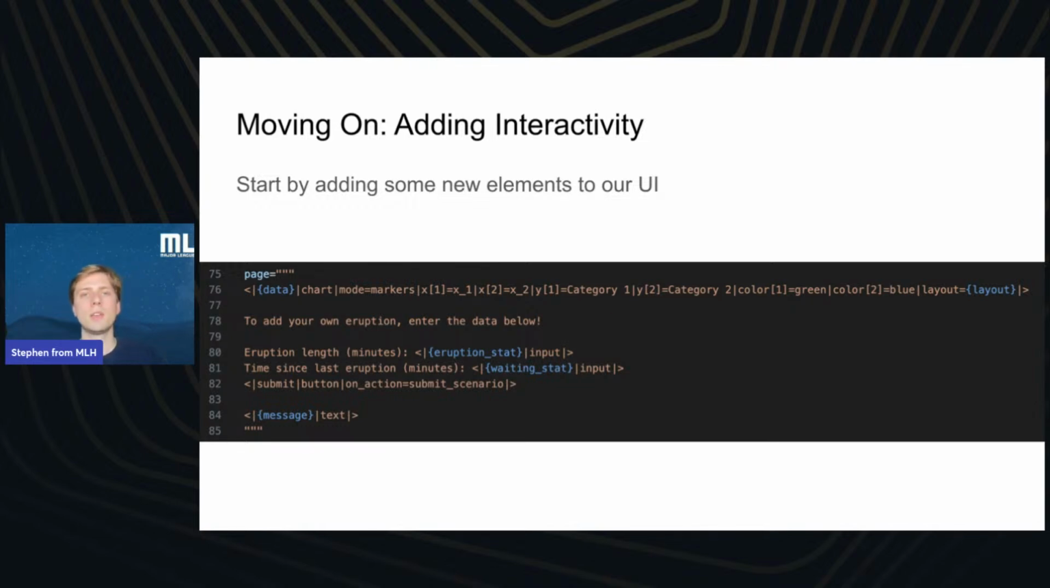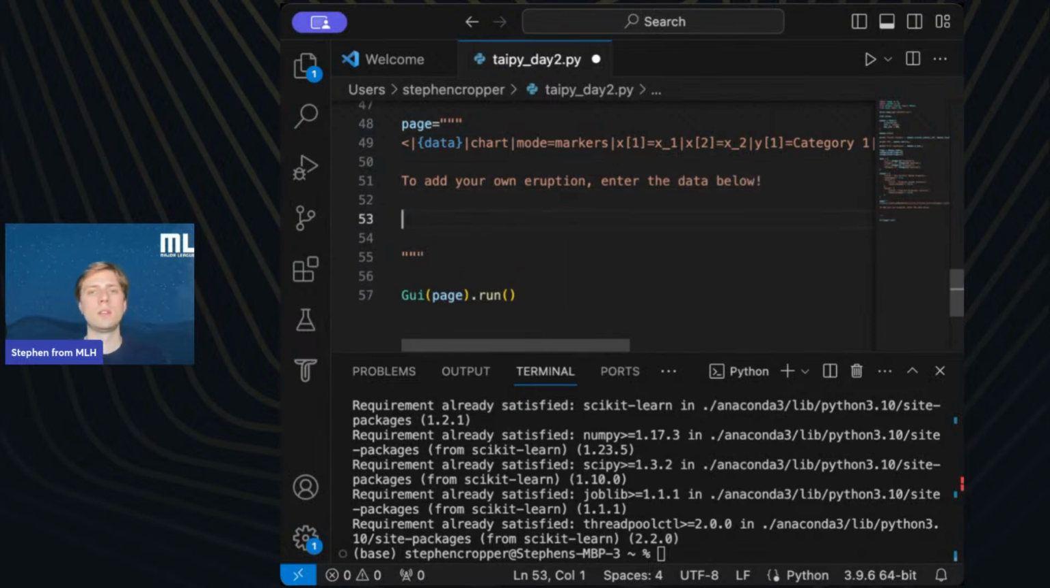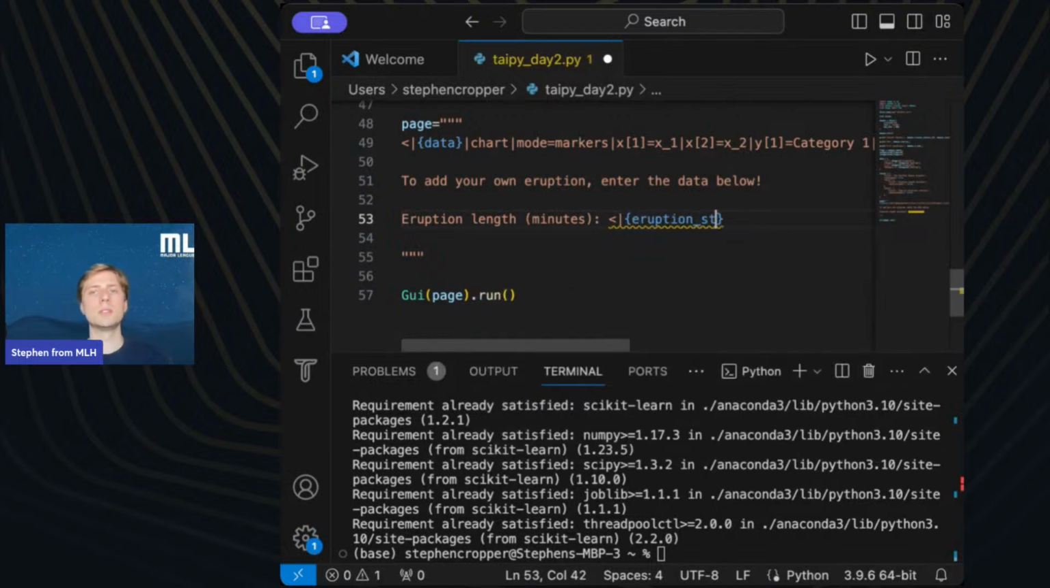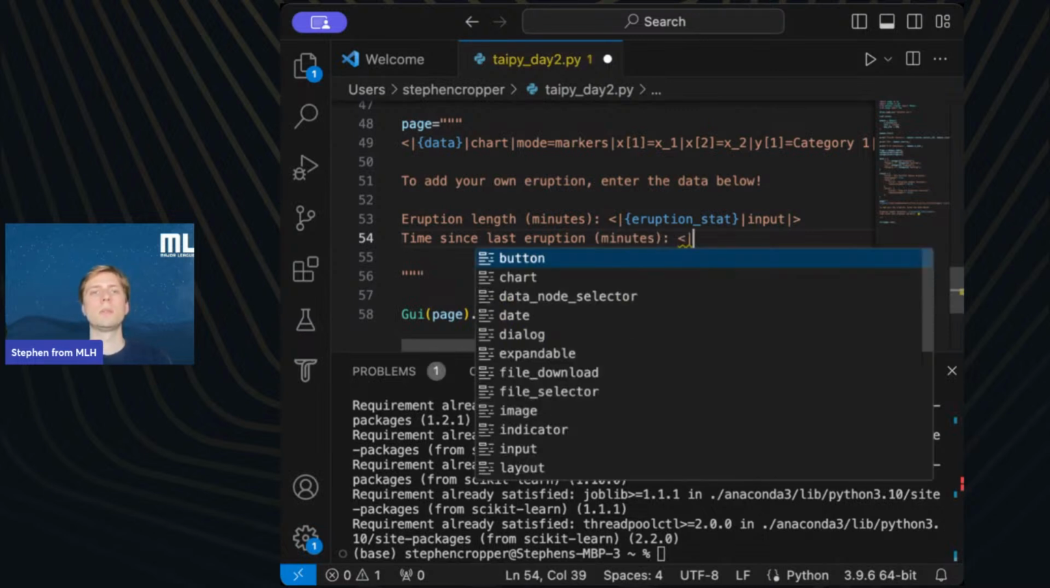Let me share my Visual Studio Code again. So you go in here, and we wrote to add your own eruption, enter the data below. And then I had eruption length, which was in minutes. Typed eruption stat input, just as so. And then I wrote time since last eruption in minutes. And we said that was waiting